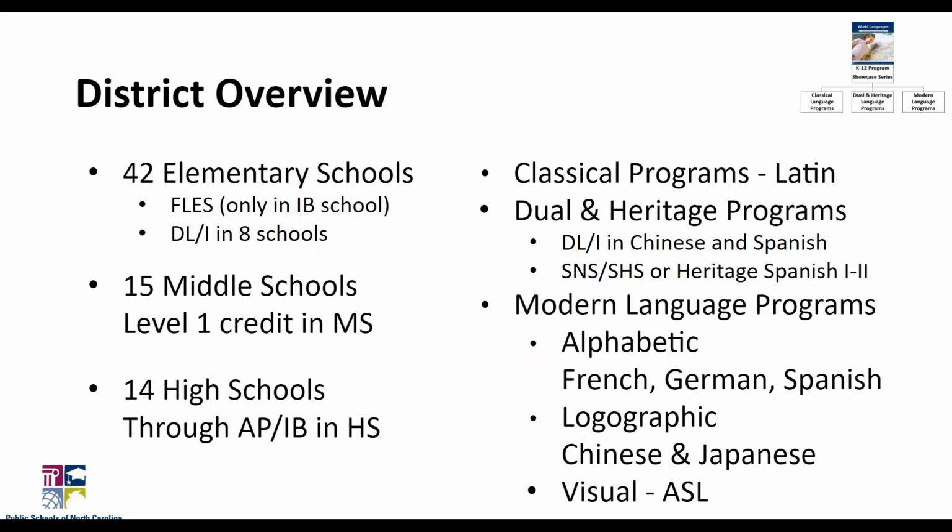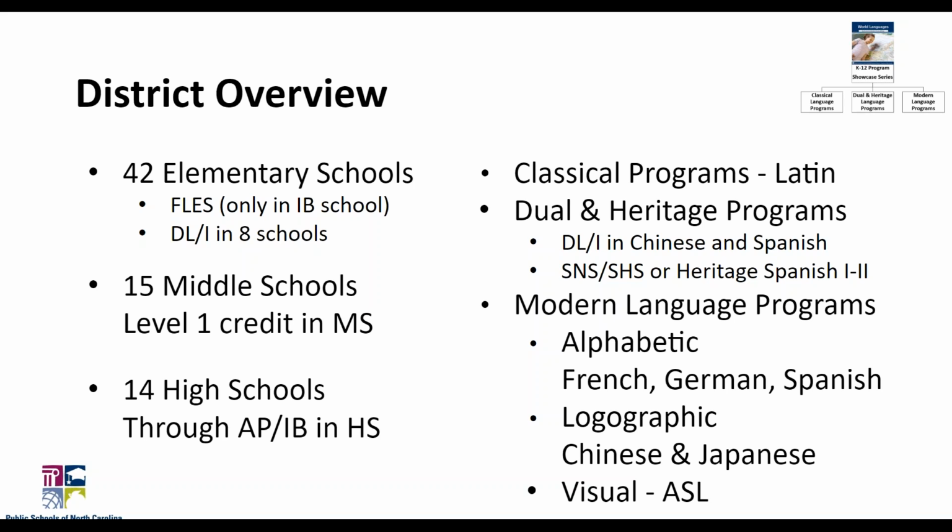In middle schools, our students can earn their level 1 credit and then move on into level 2 in high school, or they can certainly start level 1 in high school if they choose to do that. Our middle schools all have a 6th grade requirement for their electives. So the students have to take an arts class, they have to take a career tech class in 6th grade, and they have to take a language class in 6th grade. And then after that, they can choose what they want to do.